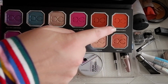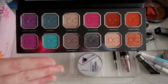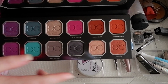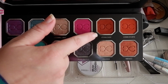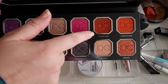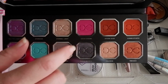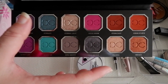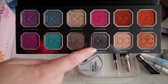And I have to say, I put this all over my crease. It was stunning, absolutely stunning shade, blended so easily. I was super impressed. This has a bit of a duochrome to it. Lovely. I just wish this was a bit deeper because I felt that this kind of muddied together with this one too much. I would have liked this to be a deeper brown to really have a bit more contrast in everything, because now that I look at it again, it's really just missing a good contrast in color,